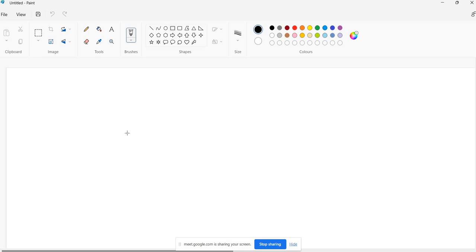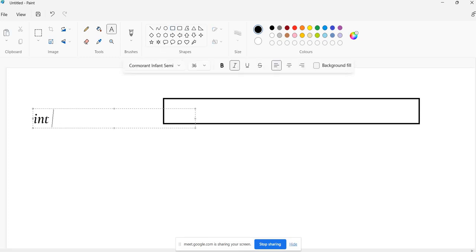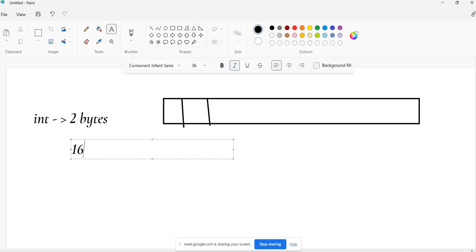In the same way, in memory, suppose an integer. Why am I telling you all this? These are very, very important things. Integer, of course, will be 2 bytes. So how many blocks will there be in total? 16 bits, because each byte has 8 bits. So in total 16 bits, and you are utilizing one